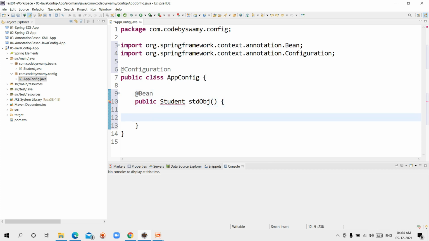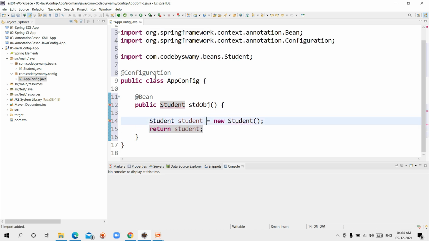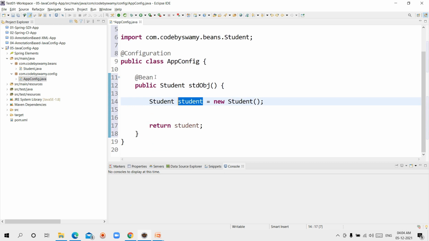Then Student student is equal to new Student. I created the object and I return the student. I import it, and I want to set the data like student.setStdId, for example, like this.